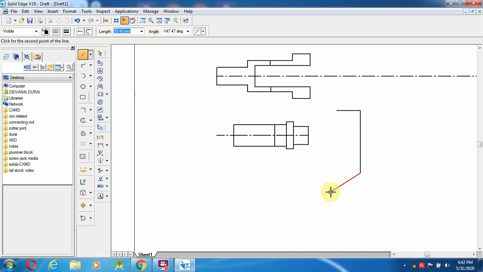We are getting 2.31 mm. So 2.31 mm we are getting. So this will be the 26 mm. So we can do 26 minus 2.31 mm. We are getting 23.69 mm.